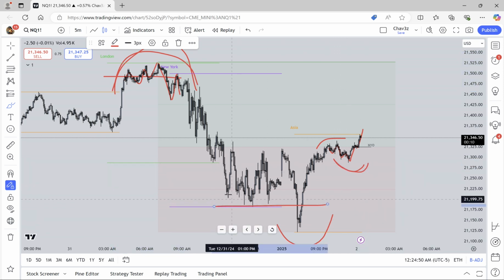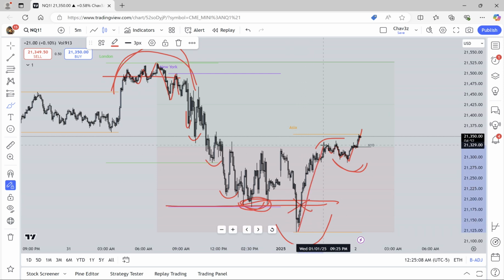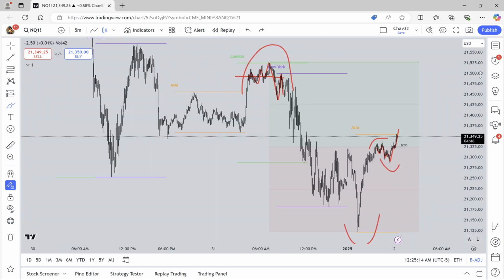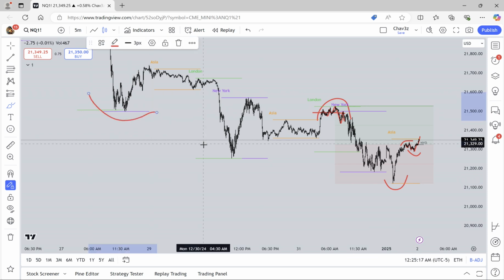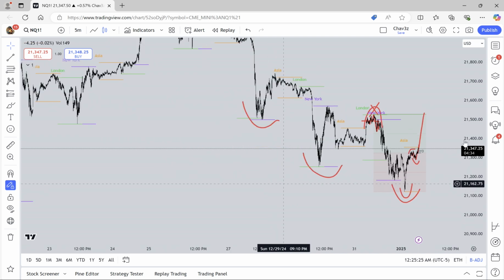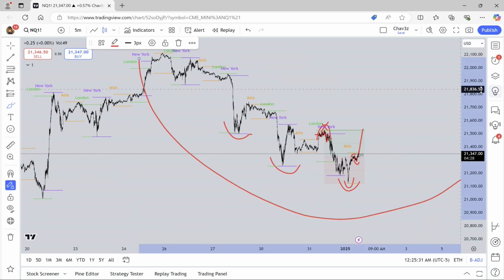We've also created it here, where we create lower low, lower low, lower low, lower low, and then we have our lowest low, which all of this is equal. This is our equal low, and our equal low was taken out, and we've shifted the market now. So if we look from a higher time frame context, what have we done here? Low, low, low. If we come up and take out this high, what would that offer? That would offer a shift in the structure on the higher time frame.